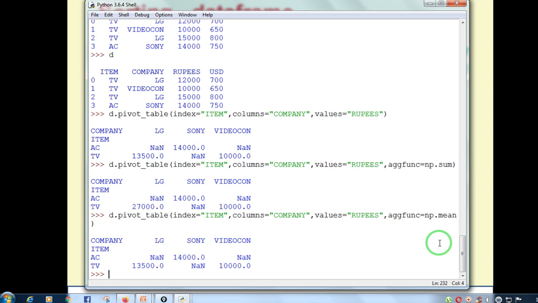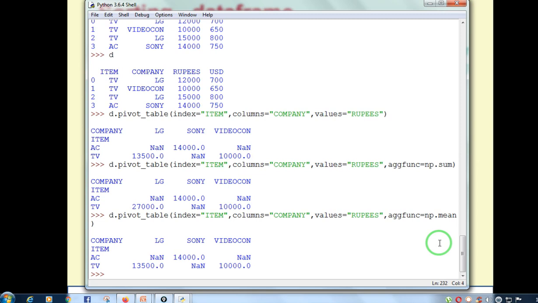There are two types of pivoting functions that we use: first is pivot, and the second is the pivot table function. The main difference between pivot and pivot table is that in pivot table we can use an aggregate function. So pivot table is a generalization of the pivot function which allows us to aggregate multiple values with the same destination in the pivoted table.